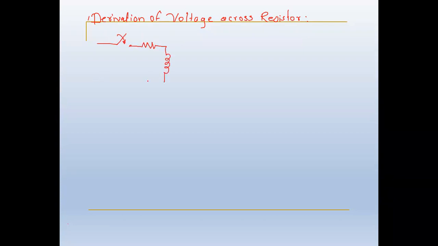The current we have already defined. These are the things we have defined. So the voltage across the inductor can be given by